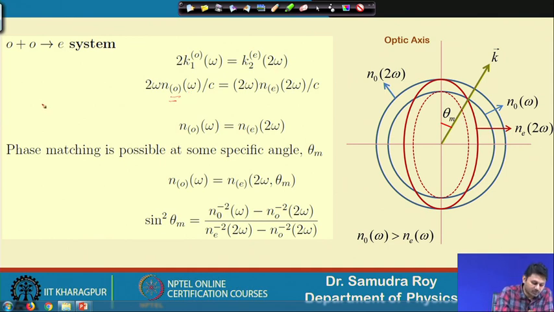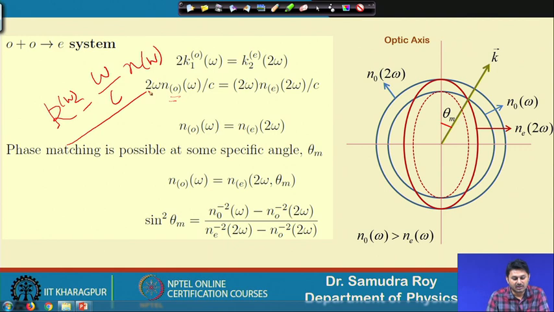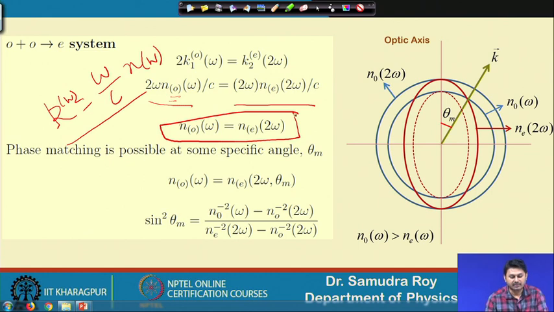Here also we use k equal to omega divided by c, so k of omega is omega divided by c times n of omega. We use this expression in both cases. In one case we use the extraordinary refractive index n_e because my k vector is extraordinary, and for the ordinary k vector we replace it with n_o. When I do these two things together, we get the expression where the ordinary refractive index at frequency omega matches the extraordinary refractive index at frequency 2 omega. So, exactly this is the figure that we are looking for.